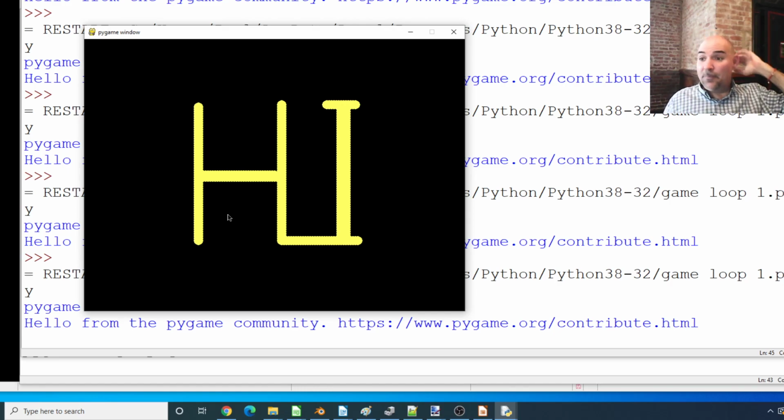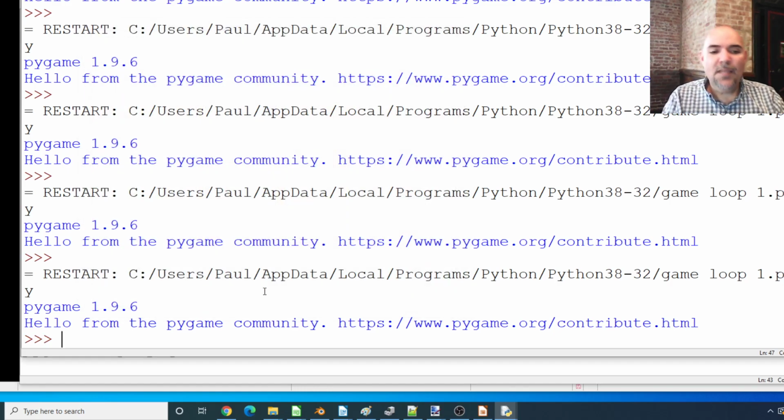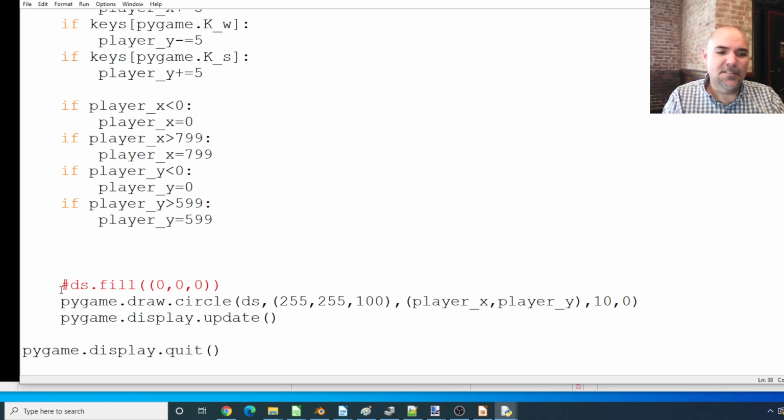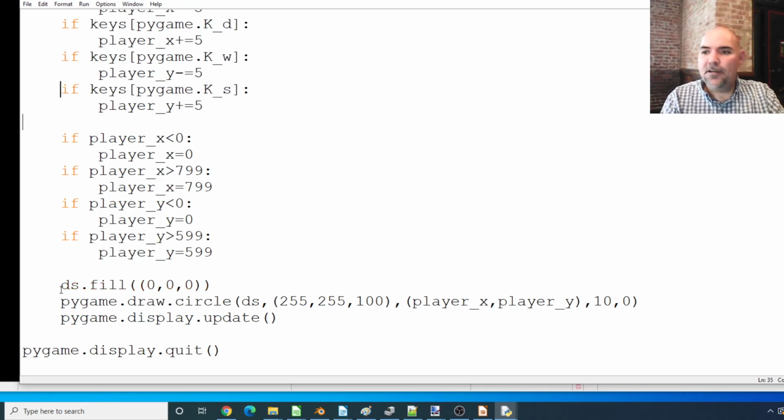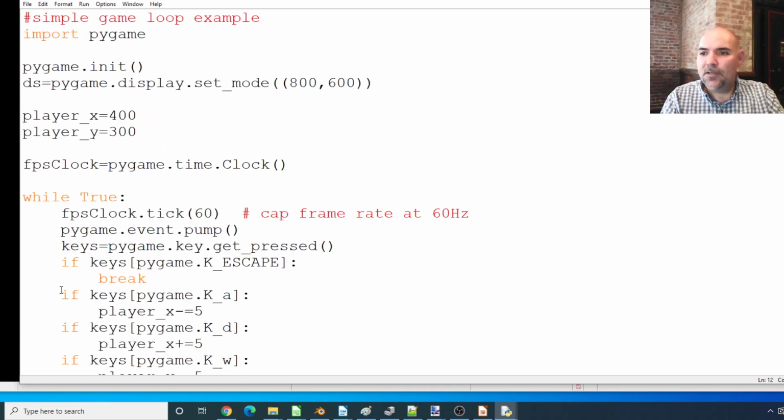All right, so there we go. And generally, you're going to want to have this clear the screen. But notice that this fits our vision of how a game loop works. Initialize stuff before the loop, inside the loop,